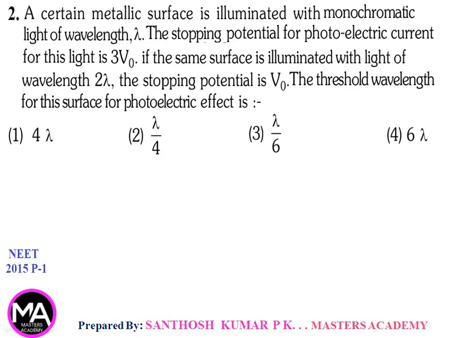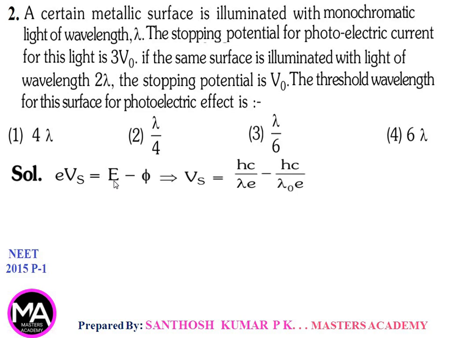Next question. A certain metallic surface is illuminated with monochromatic light of wavelength lambda. The stopping potential for photoelectric current for this light is 3V0. If the same surface is illuminated with light of wavelength 2 lambda, the stopping potential is V0. The threshold wavelength for this surface for photoelectric effect is. Four options are given. So solution, we know that the maximum kinetic energy is eV0,